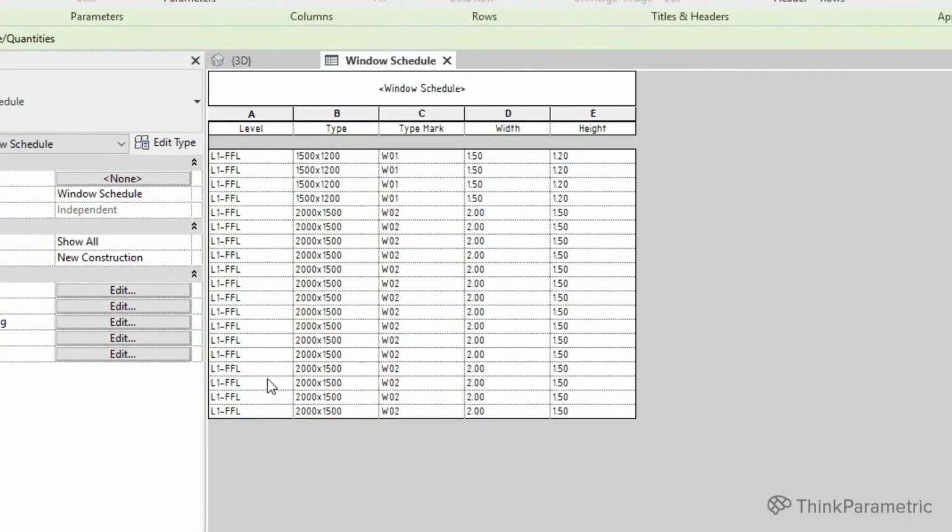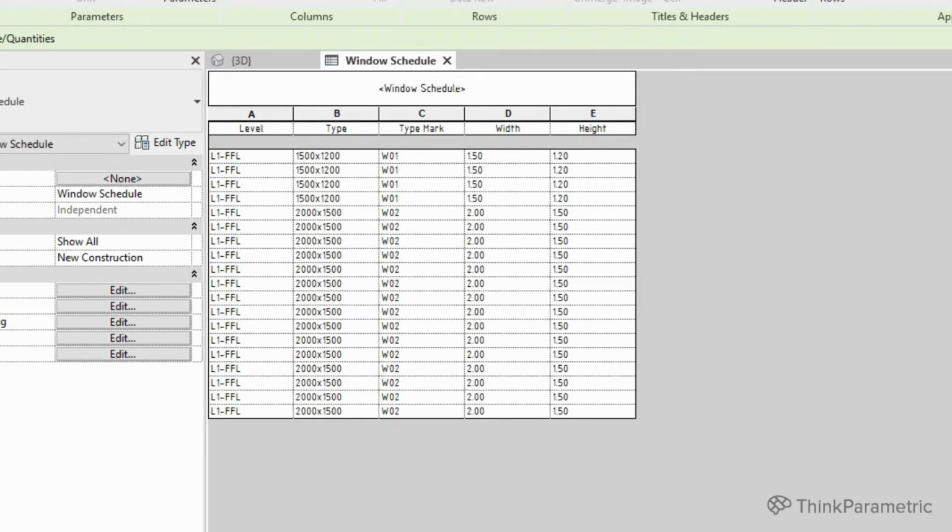Here you can see that these are the columns, each one indicating a different parameter value for the rows, and each row is a different instance. So you can see that the level of all these instances is the Level 1 finished floor level. The types, we have multiple types, and the type mark also multiple type marks, widths and heights for the windows.